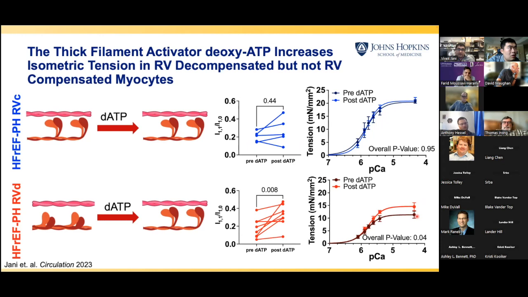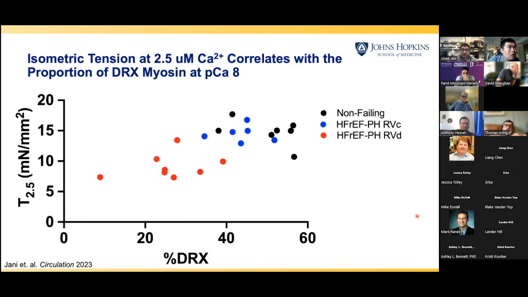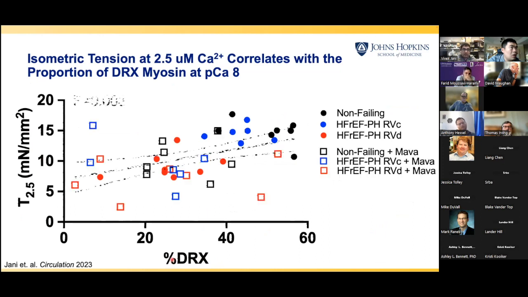The next thing we decided to do was look to see whether there's a correlation between the amount of DRX myosin you have at rest and how much force you produce at 2.5 micromolar of calcium. Shown here are paired measurements from the same patients, in which you have T2.5, which is the isometric tension at 2.5 micromolar of calcium on the y-axis, and the percentage of disordered relaxed state from the MANT ATP on the x-axis. And we took each of these patients and treated them with mavacamten, as shown, which are the squares,